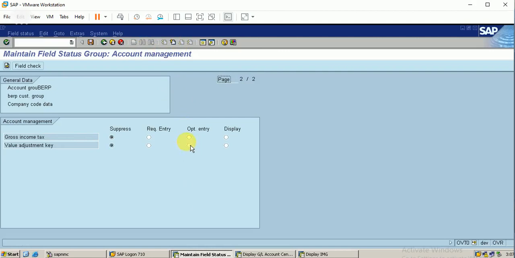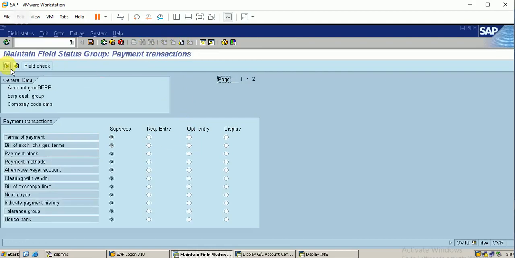There are some more fields. So likewise I will change all these entries to optional fields.